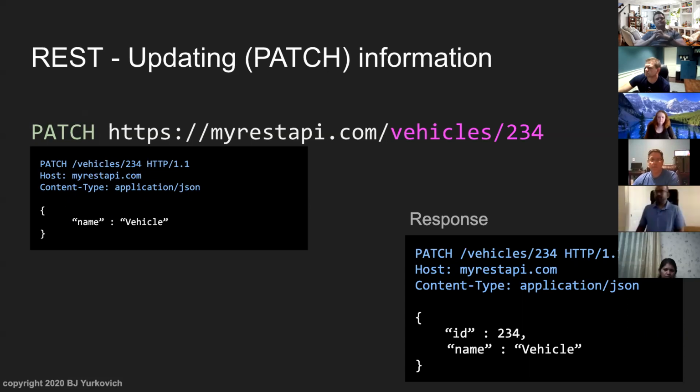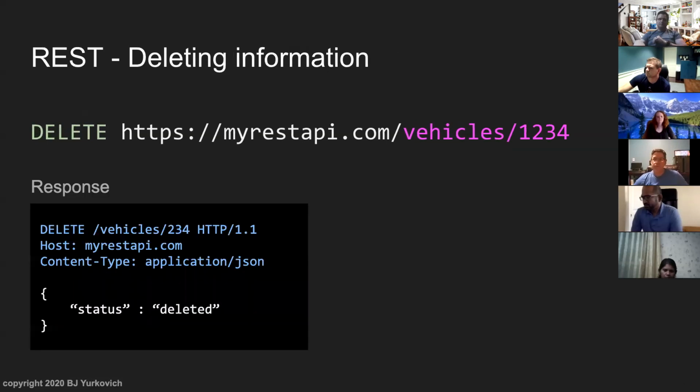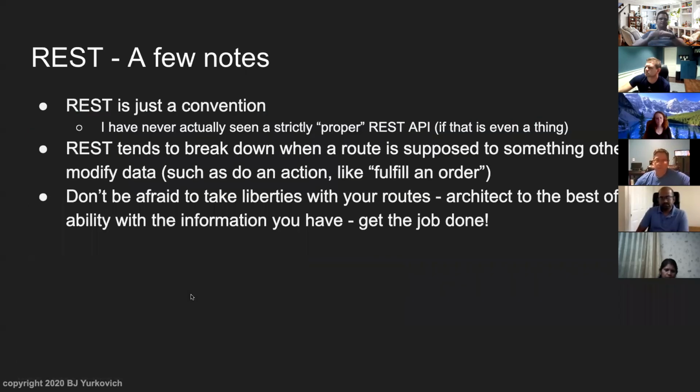And then we've got PATCH, updating. So we want to update something. Well, we have to update it by ID, in this case 234. We want to update the name to vehicle. And in this case, we've just decided as implementers of our RESTful API that we're going to just return the new updated record. And then DELETE. Well, the client thinks we deleted it, so we won't return the record. Sometimes you'll see it just return back the record that was deleted. In this case, we've said, well, we're just going to delete. We're going to return a status and say what the status is. In this case, deleted. And then, of course, handle other things.